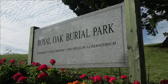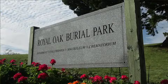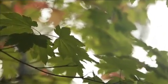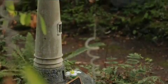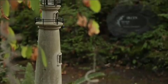Royal Oak Burial Park is Victoria's premier cemetery. It is operated by the Board of Cemetery Trustees of Greater Victoria, a not-for-profit corporation that develops, operates, and maintains the burial park. The burial park does not have shareholders, and any excess revenue over expenditures is reinvested in the burial park. The burial park is fully self-funded from the fees it charges and receives no taxpayer subsidy from its